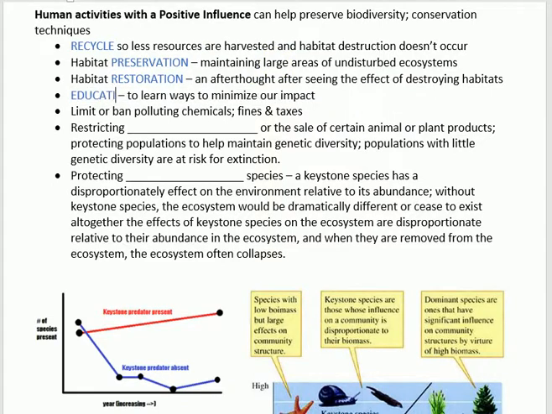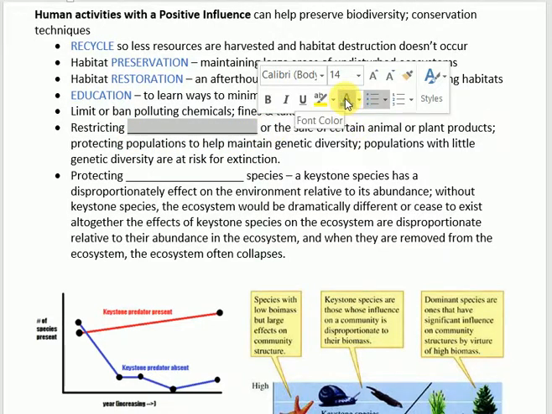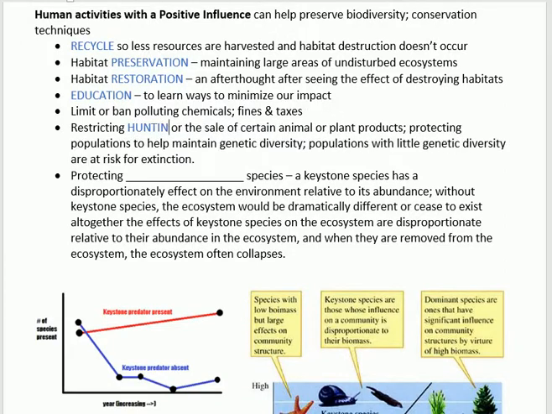We can also use education, learn ways to minimize our impact. We can also, politics can limit or ban chemicals. There could be fines or taxes for those companies that do not limit their polluting chemicals. There's actually lots of companies that are getting tax breaks because they have decided to go green. We can also restrict hunting or the sale of certain animal or plant products in order to protect the populations. And then we can also protect